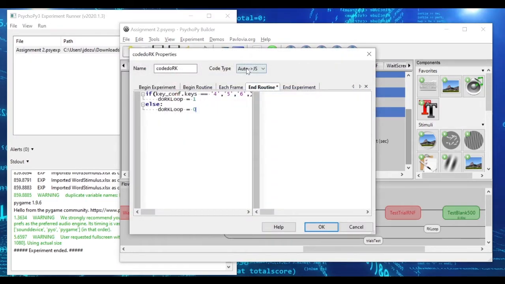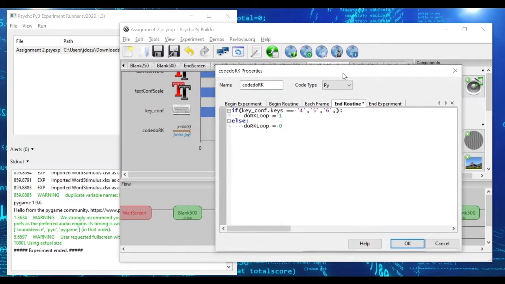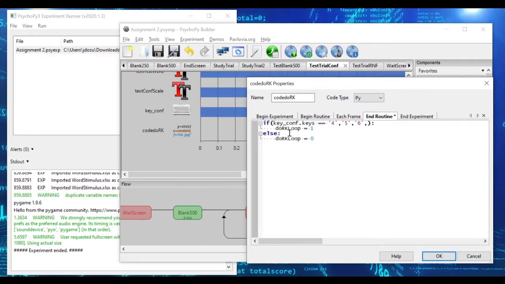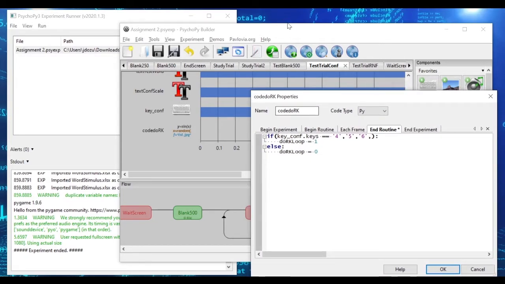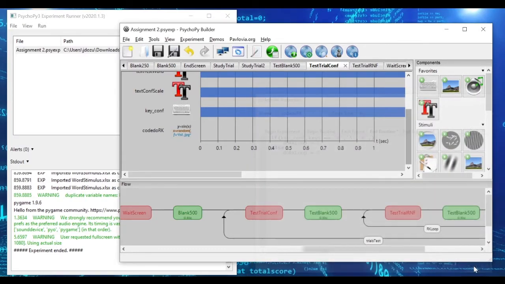So for you, it won't be a problem. But what happens if you were trying to implement this and something was going wrong? So obviously my code doesn't work right now. No matter what key a subject presses when they indicate confidence, what's happening is that they are always being asked